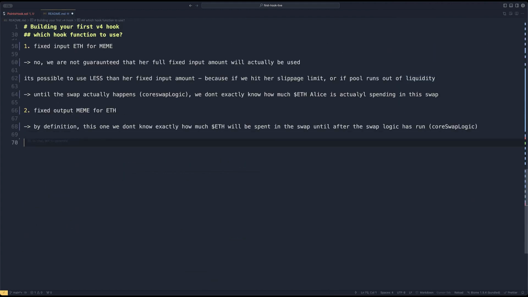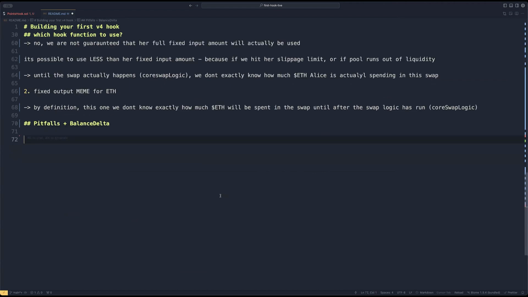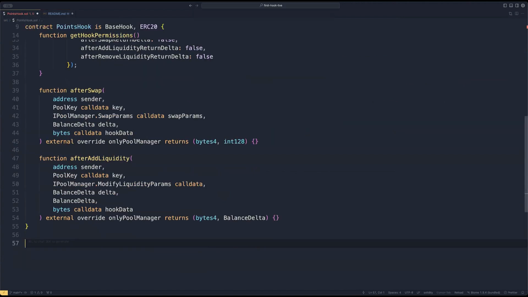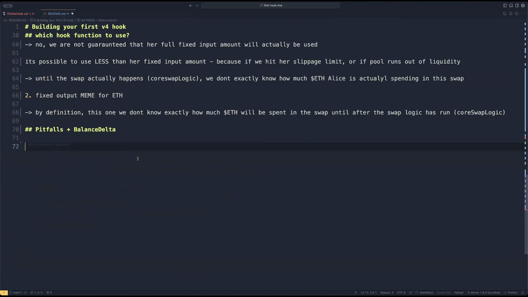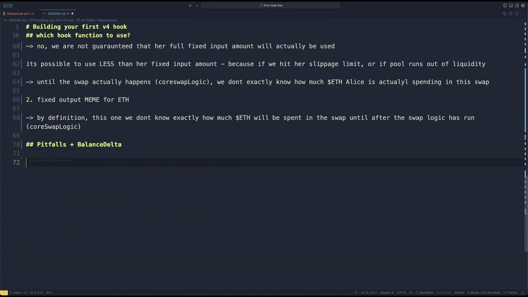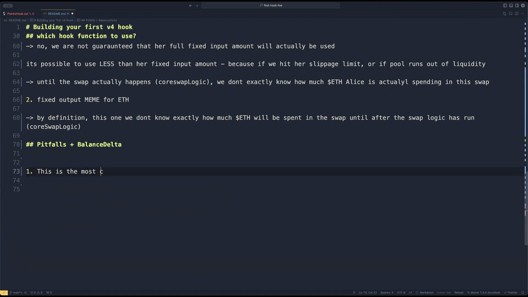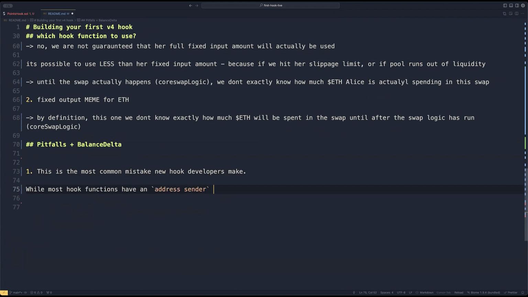So there's a couple of things to note over here. A couple of common pitfalls, plus balance delta. Let's understand this. Okay. So, number one pitfall. This is the most common mistake new hook developers make. While most hook functions have an address sender as the first argument,